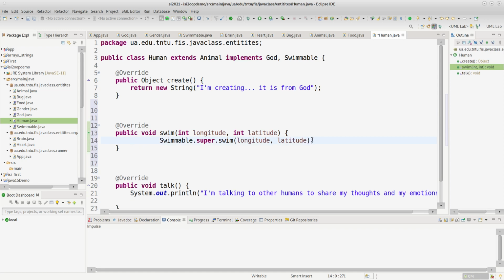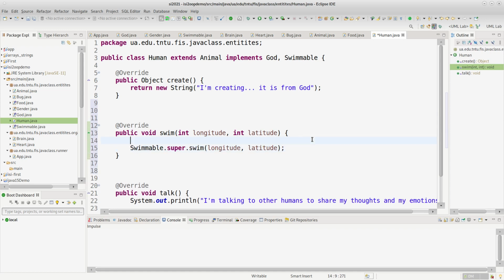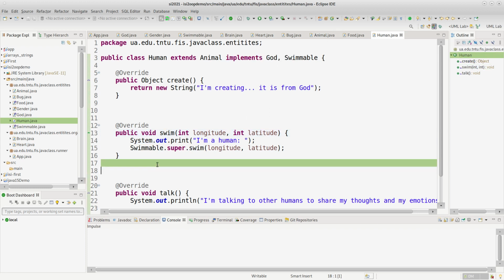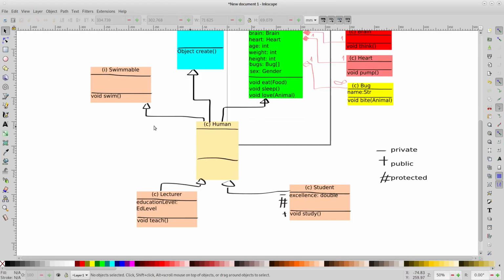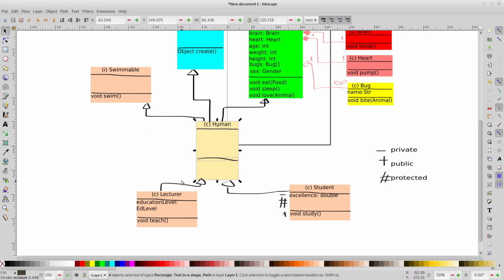What I'm doing, I remove this and we will have this in one line. So that's okay. So I override also method swim, which is in Swimmable. So I created human. Also we can create, my suggestion also, to make our example more interesting. What we can do, we can add here a dog,